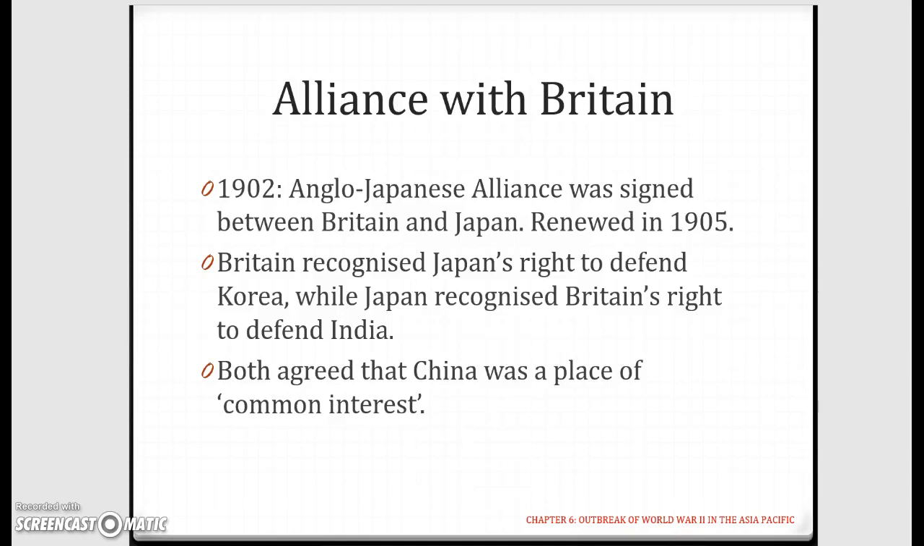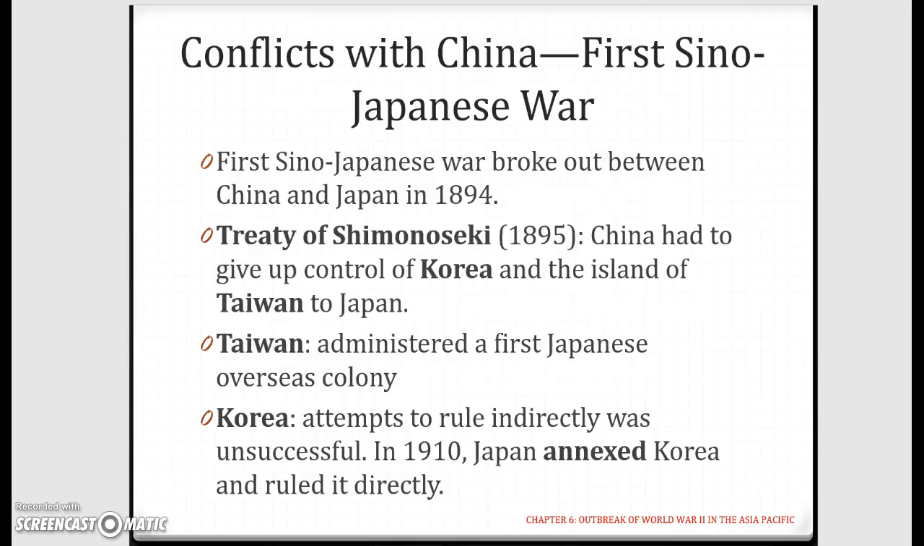Okay, carrying on from where we left off. For Britain, they agreed that China was a place of interest together with Japan. Now see, chronologically, this doesn't flow. So now if I were to rewrite the textbook, I will place this before the conflict with Russia,